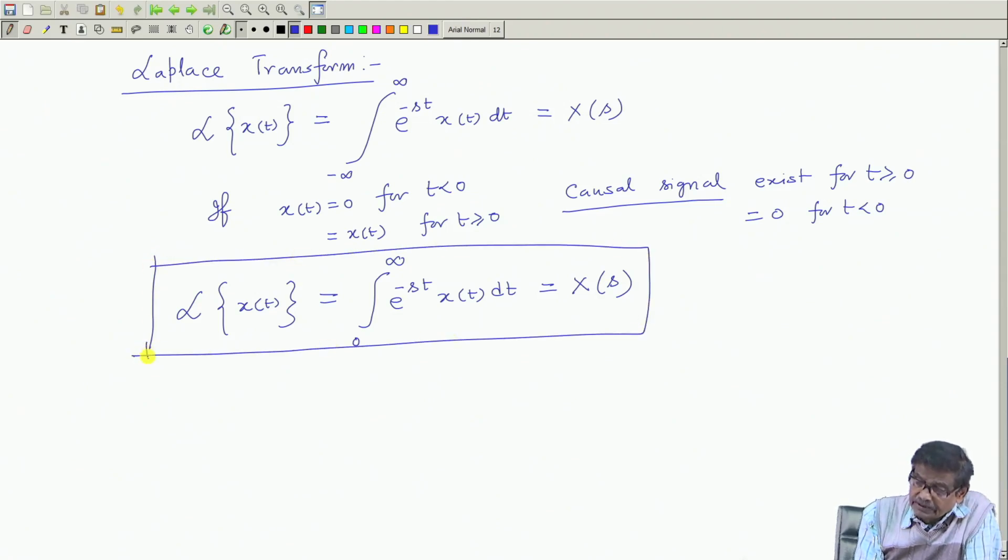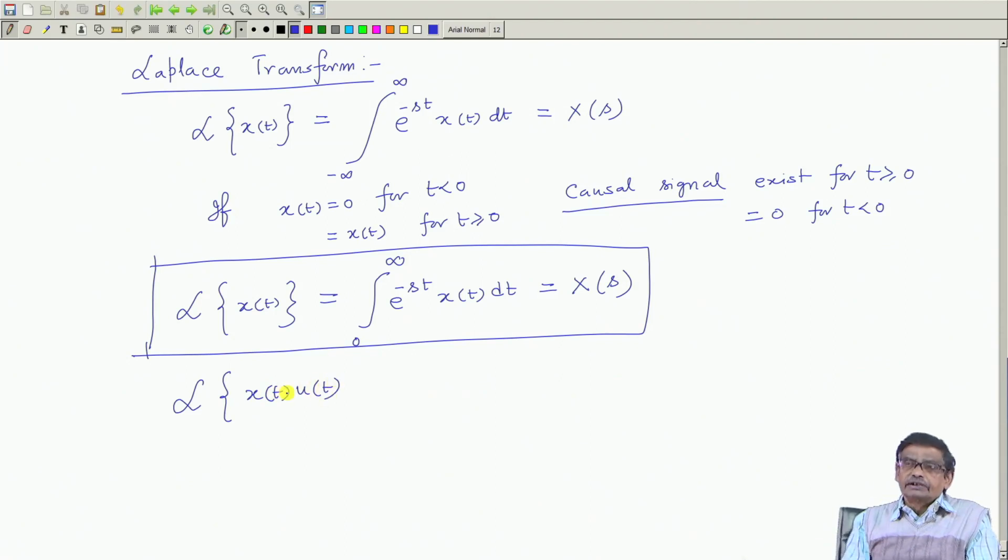In other words, what I am telling is we are really finding out Laplace transform of x t into u t, because x t may be a general function for all time I can compute the value of x t, but make it a causal function. How can you make it a causal function? Multiply x t with u t, then the value of this whole function x t into u t will become equal to 0 for t less than 0, and it will be equal to x t for t greater than 0, because u t being 1,